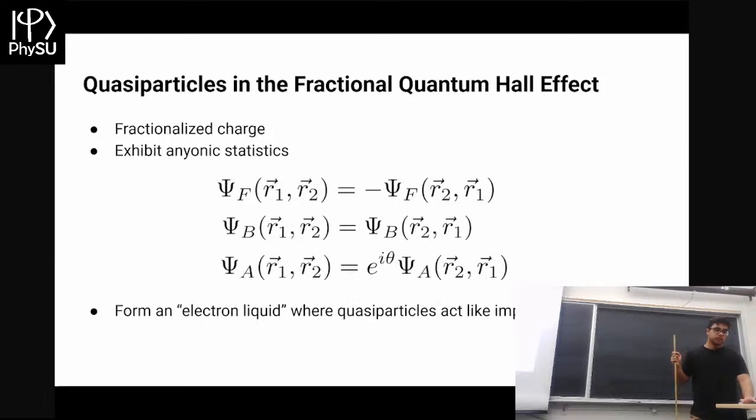As it turns out, these quasi-particles in this case have fractionalized charge. So instead of just the electron charge, you get a third of it or a fifth of it. They also exhibit what's called anyonic statistics. If you've taken a stat mech course, you'll know if you have a fermion and you swap them, you get a minus sign; for a boson, nothing happens. For anyons, these quasi-particles, you get a phase. You don't get plus or minus one, but a complex number. The quasi-particle in this case acts like an impurity almost in a plasma. If you were to have a plasma and you place some electric charge in the middle of it, that's what it acts like. All these electrons are like a liquid moving around it.